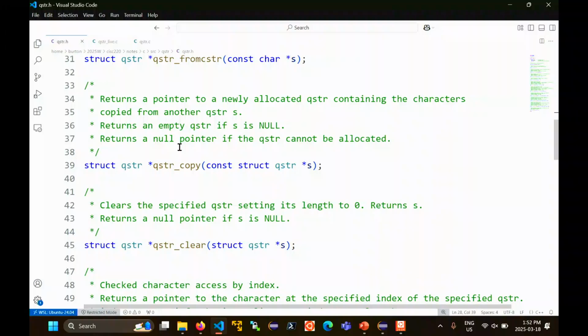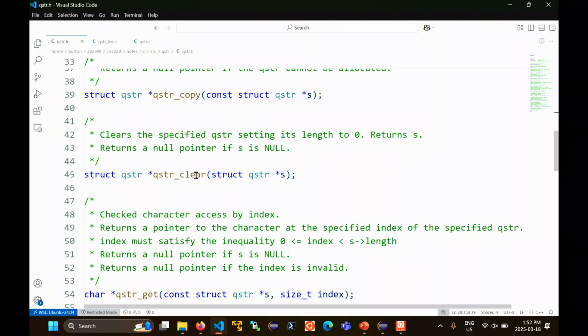All right, what about clear? So clear clears a QString. Returns a null pointer if S is null, right? So implementing this is straightforward. It wants us to clear the string, so setting its length to 0, right? Now, when you set the length to 0, you don't actually need to do anything to its data array. Well, sorry, that's not exactly true. There's one thing you should do to its data array, right? So,